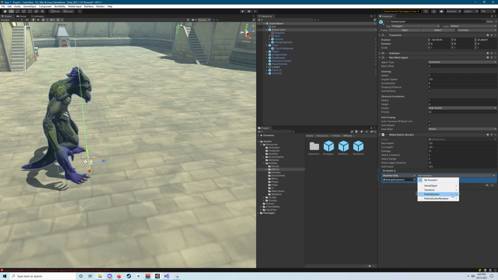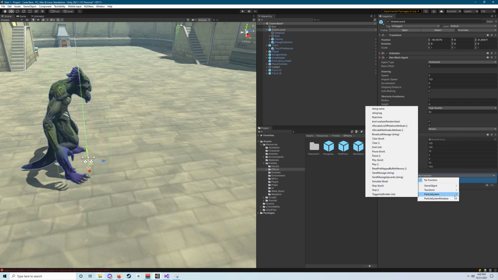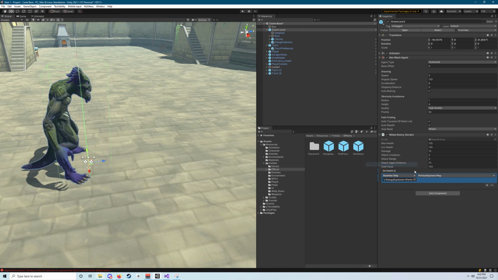Once you do that, we're going to go ahead and go to, I'm sorry, not game object, but particle system. And then we're going to find the play option. It should say particle system.play. So when our melee enemy dies, it will call all the code listed in on death. So once we tell that particle system to play here, when our enemy dies, it'll call that particle system and